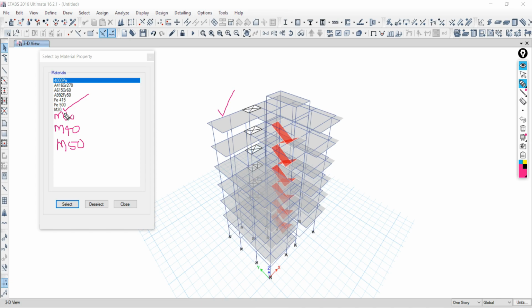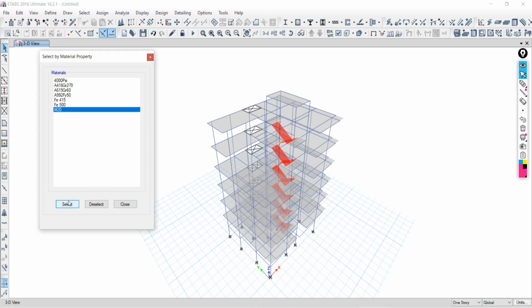You know that in this model only one grade is used, so your entire structure is going to be selected. Is it right? Because in all the structural elements only one grade of concrete I have used. Yes, sir. So that is another way to make the selection as per your need.